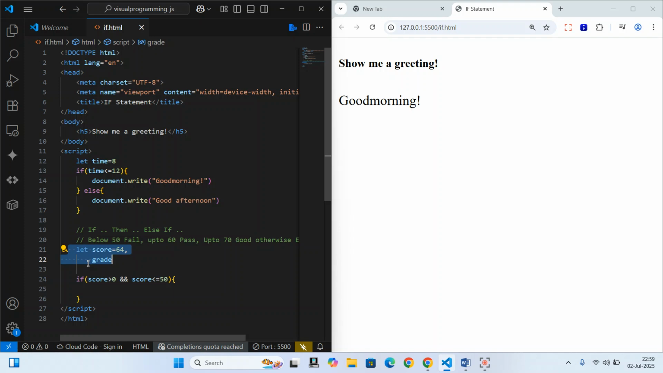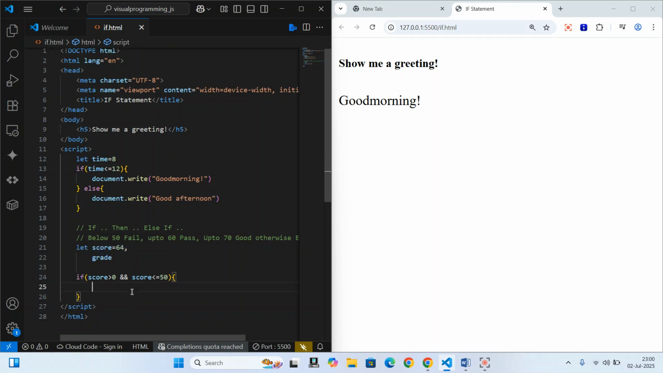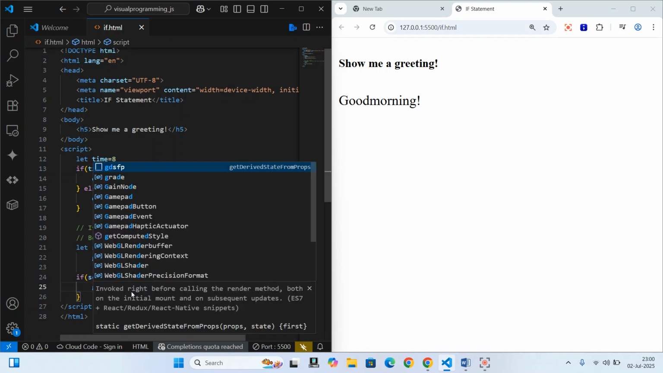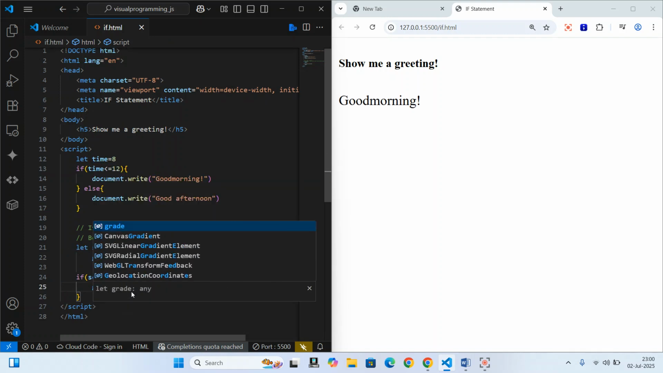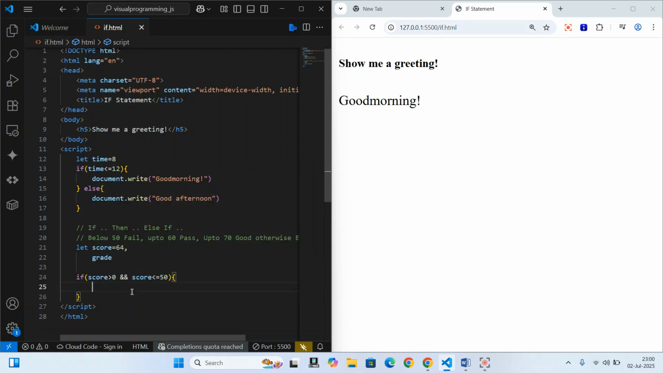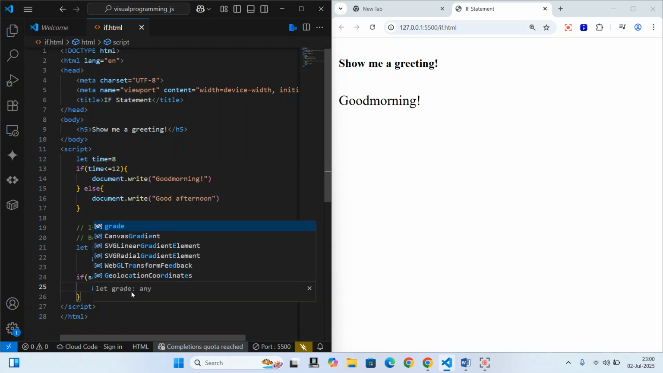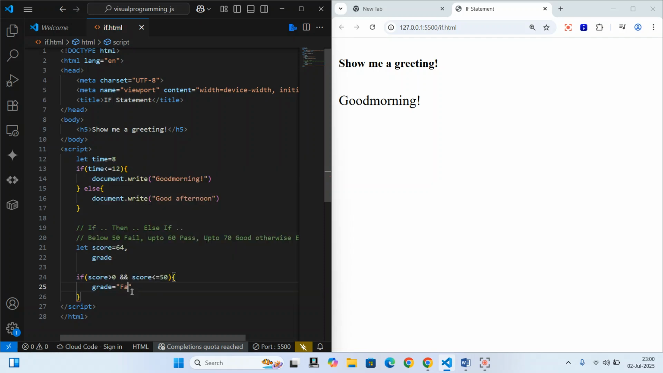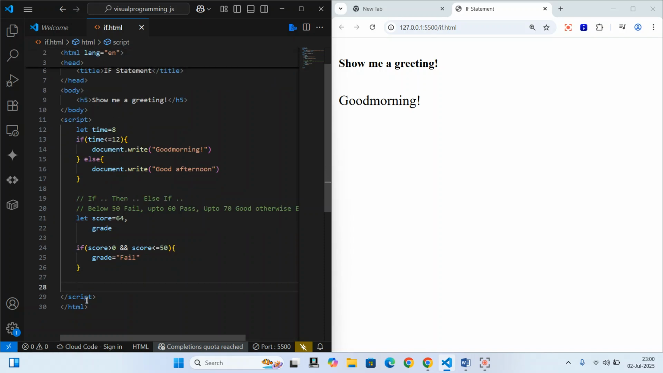Okay, so the condition here: we have defined grade and score, and we want to check if the score is greater than 0 and the score is less than or equal to 50, then the grade will definitely be a fail. So I'll simply say here grade is equal to fail. So that will be a fail, and I can come down here and simply say document dot write,